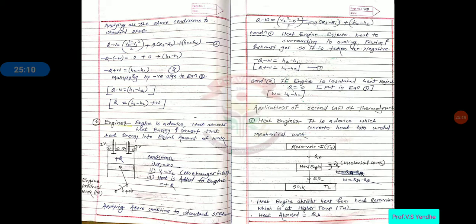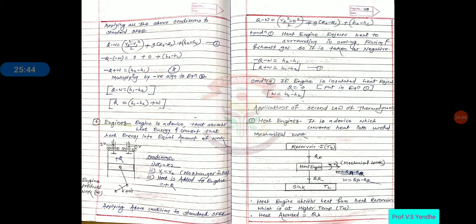Then the final device, that is the sixth device, the engine. As we know what it does, we supply a fuel, that fuel gets burned inside the engine cylinder. The heat energy is produced, and that heat energy is applied to the piston, so that the piston gets reciprocated, the crank is rotated, the crankshaft is rotated, and finally the engine shaft is rotated.